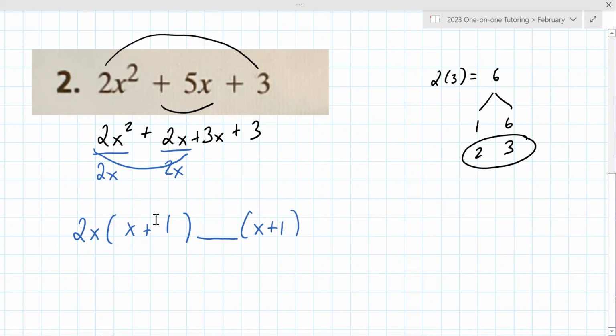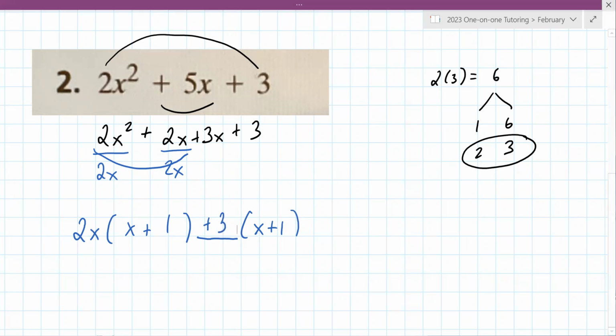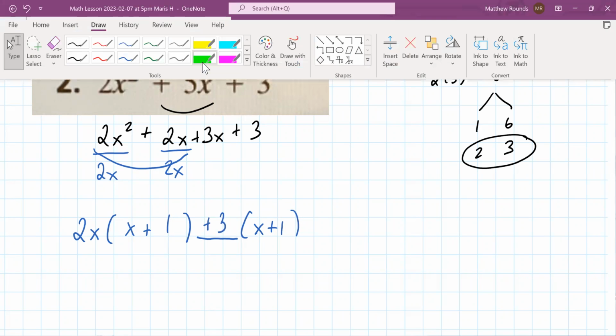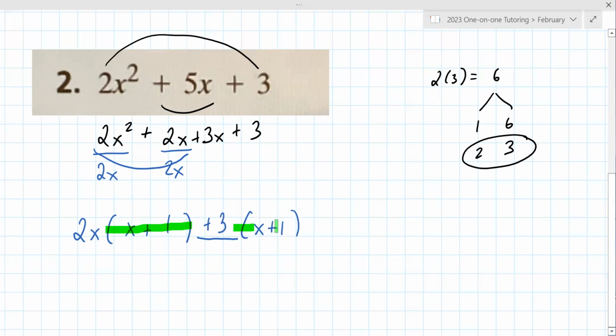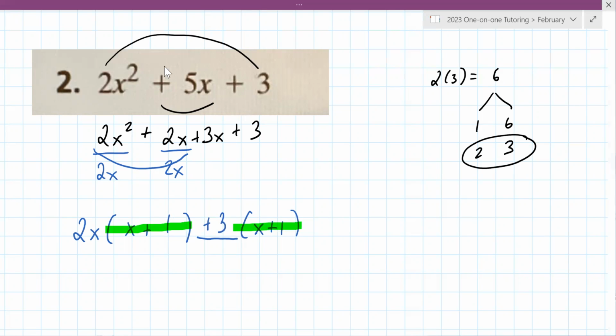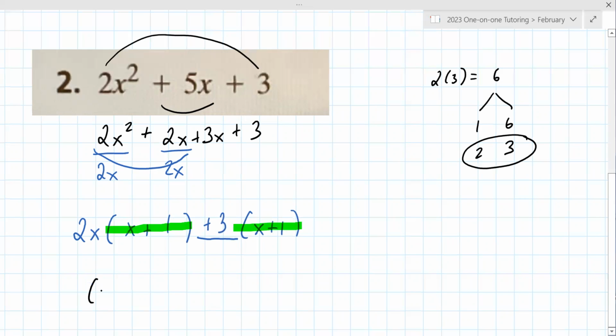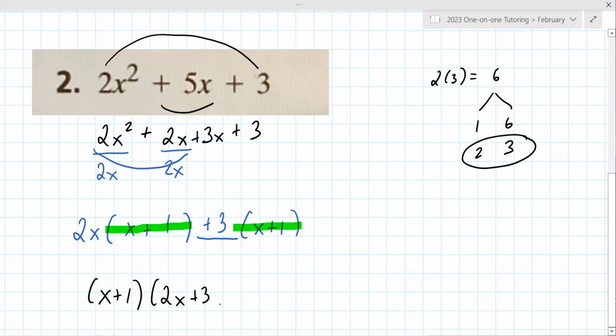And then you figure out, well, what goes here such that when you multiply in, you get back to the previous line. And you really look at the constant, like what do you multiply 1 by to get positive 3? 3. Plus 3. So just like in the previous problem, now you have 2 x plus 1s, 2 things inside parentheses that are exactly the same. So you essentially take those out, and then whatever's left over,